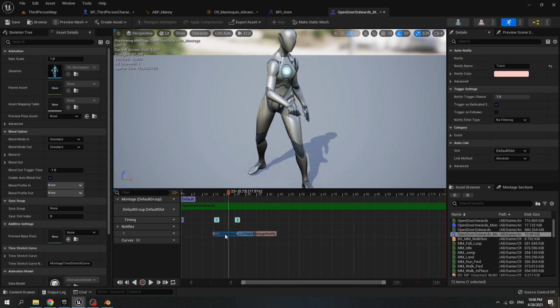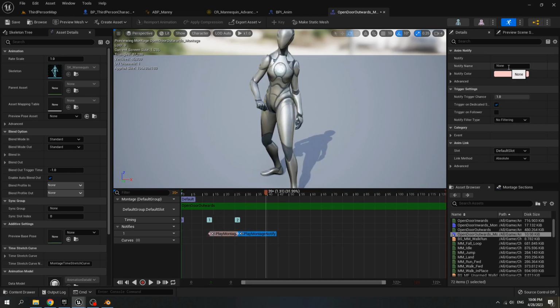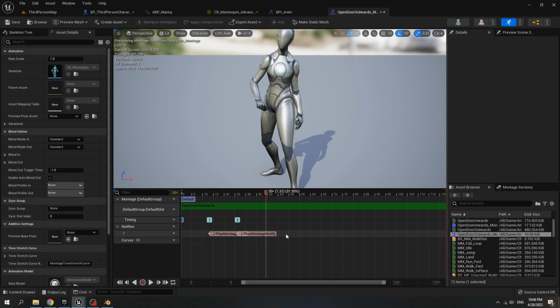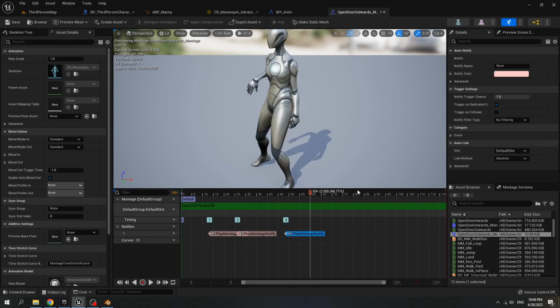Go to open door outward montage, add notify montage, and the name is trace. Frame is 13 frame, and the second one is anim. When we start the door animation, add notify, montage notify. The name is end trace, and the frame is 38 frame.